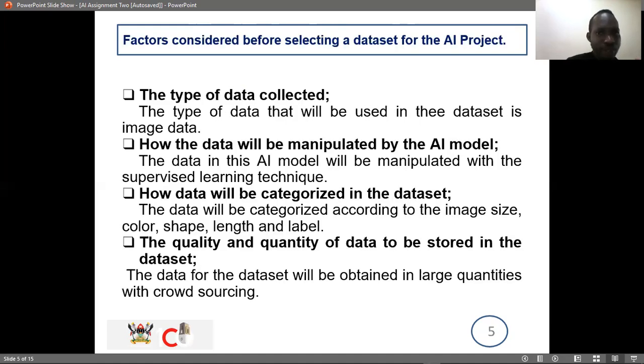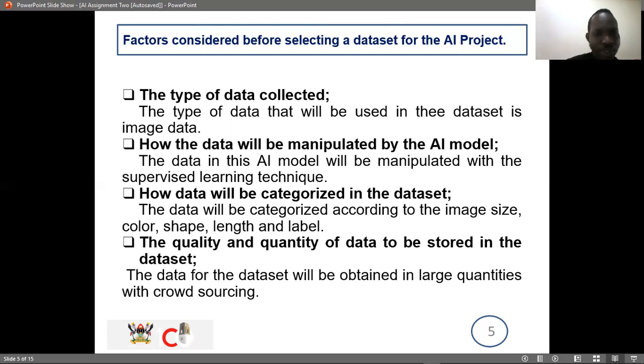Factors that I will consider before selecting a dataset for my AI project are: number one, the type of data collected, whereby the data that I collect will basically be image data because I want to verify images of ambulances. So if it's another vehicle, it's not an ambulance, and if it's an ambulance, it will be verified as an ambulance. Then another one is how the data will be manipulated by the AI model. For my dataset, the model will be trained using a supervised learning technique,